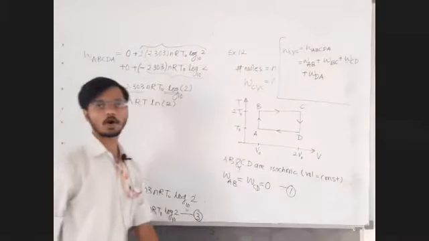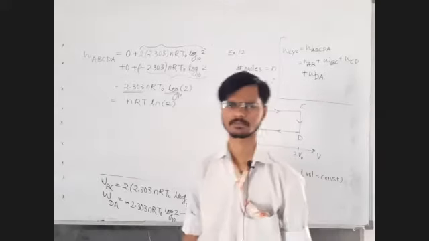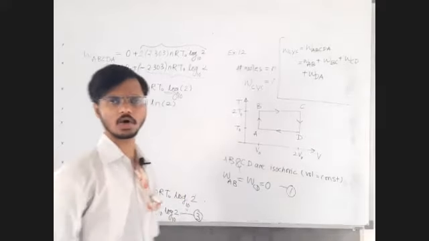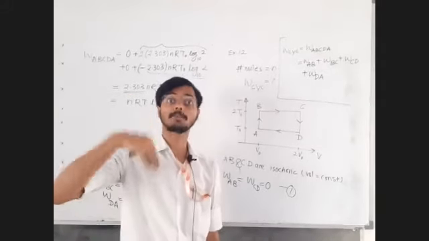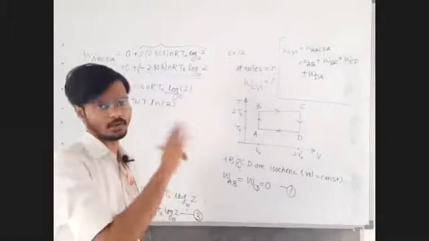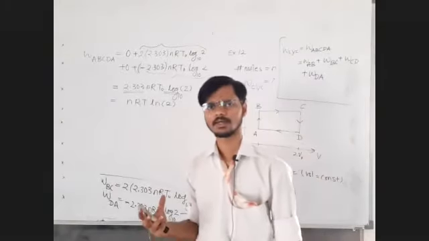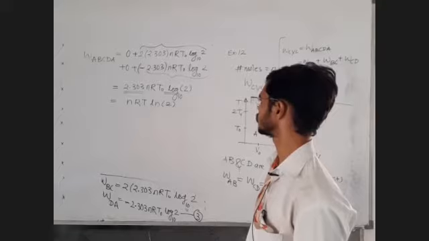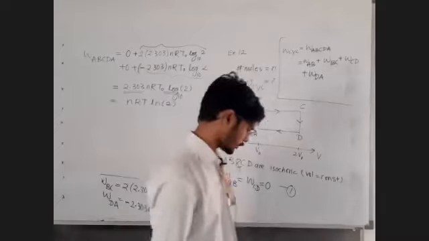We use the formula of work done in isothermal process. 2.303 nRT log to the base 10 V2 upon V1 if volume data is given, and in reverse sequence, P1 upon P2 if pressure data is given. Temperature data they have to give, or at least some additional data by which we can figure out the temperature, that should be given to us. Fine. So check, is this question clear to all of you or not? Because we'll now move on to the next question.